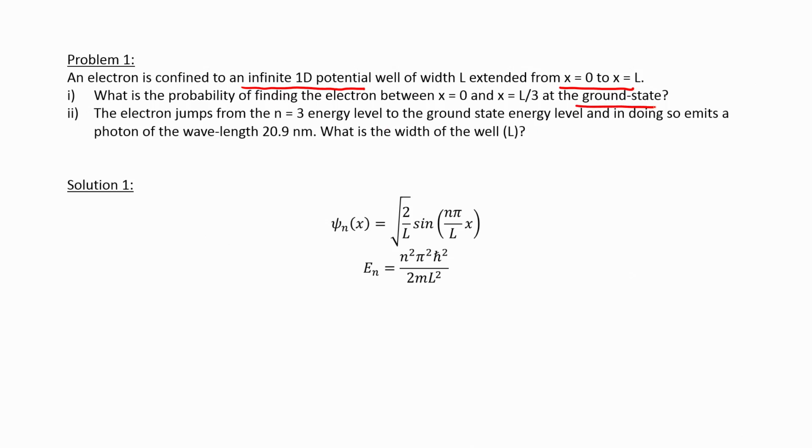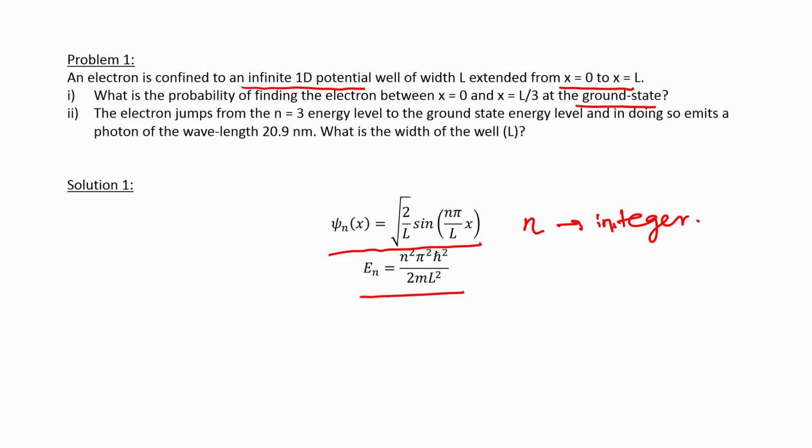So just recall the wave function of the infinite 1D potential well. If the particle is at the nth state, then the wave function is given by psi n of x equal to root over 2 by L sine of n pi by L into x, where n is any integer. And the corresponding energy of the nth state is given by En equal to n square pi square h cut square by twice m L square.